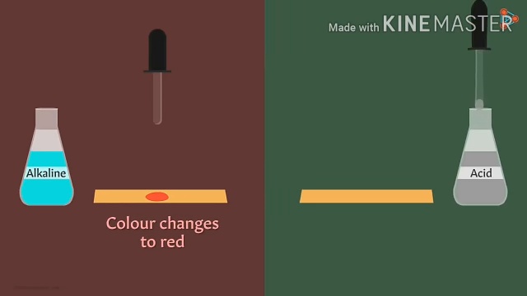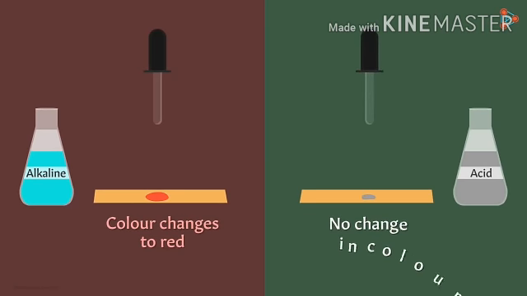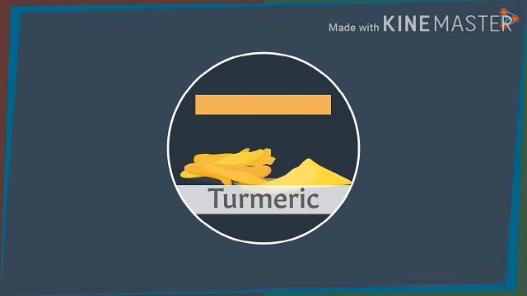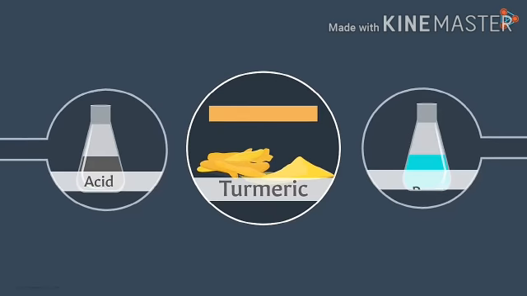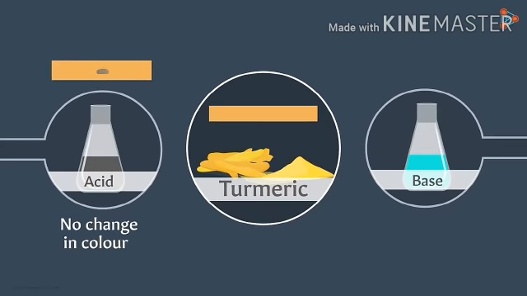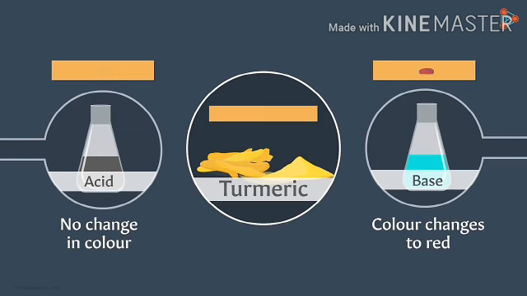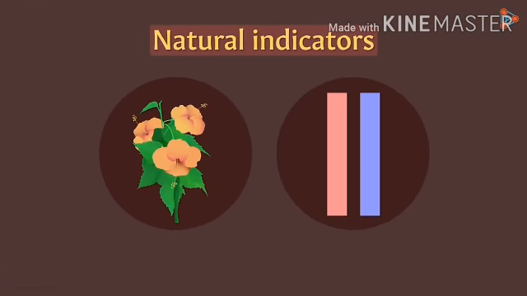And what about acids? Acids cause no color change when tested with turmeric. The color of turmeric, which is yellow, remains unchanged. The paper remains unaffected. That is how turmeric helps differentiate between acids and bases. Acids remain unaffected while basic solutions turn red. And there are more natural substances that can be used as indicators. Yes, there are many in the list. Next, let's look at two more natural indicators which help in detecting the acidic and the alkaline nature of solutions.